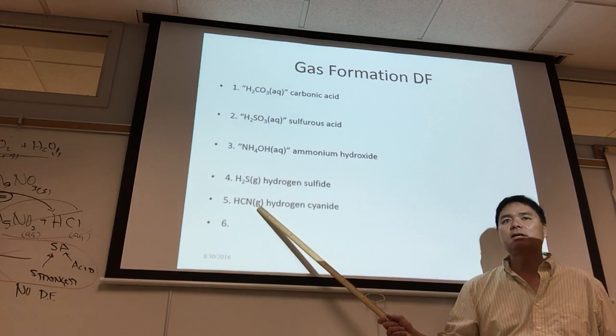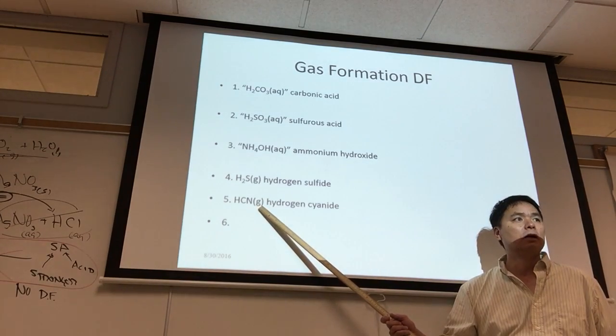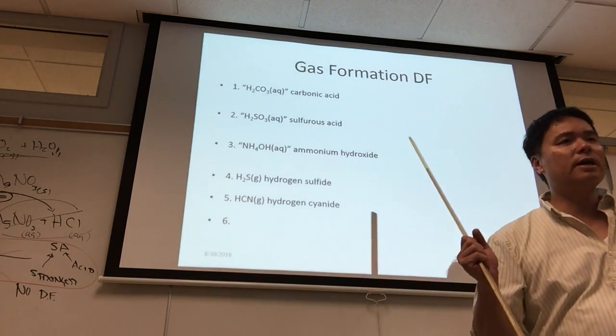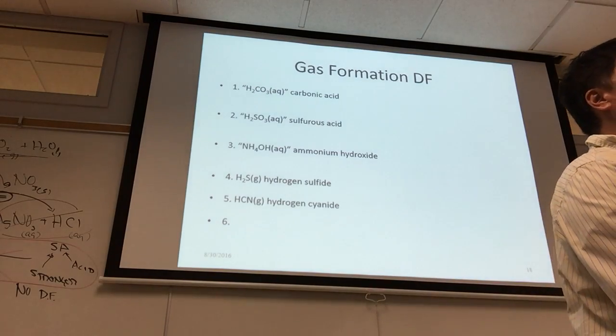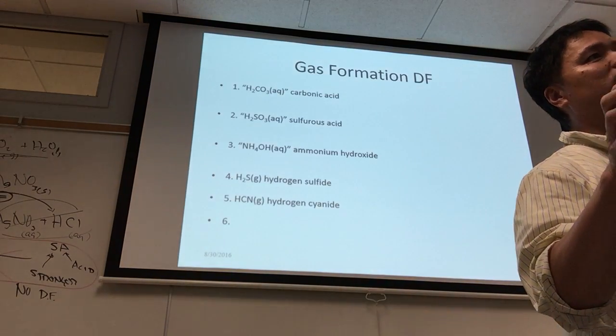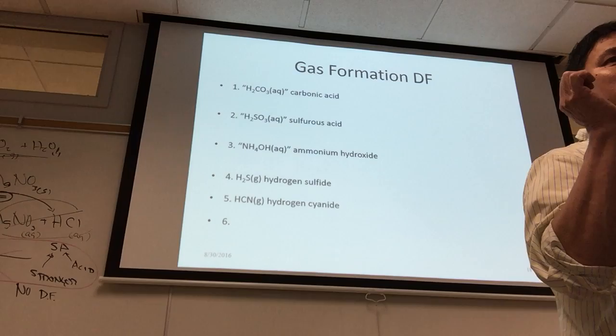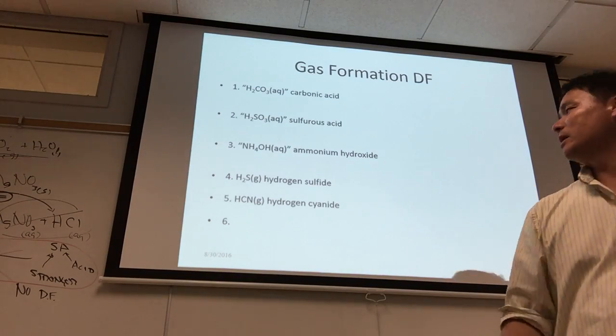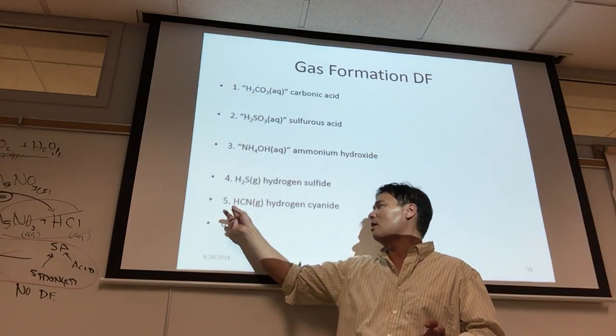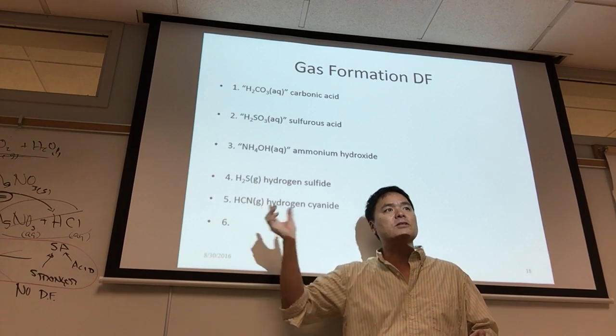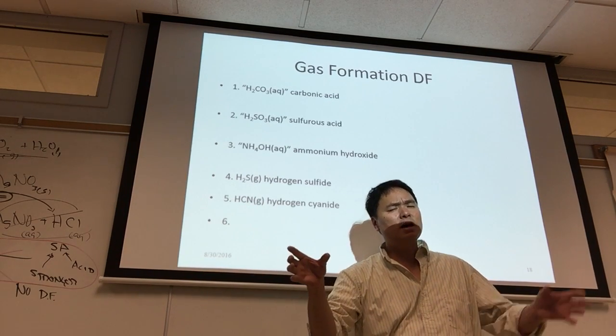This is bitter almond gas, hydrogen cyanide, very toxic. And so you've got to watch out for these ion combinations. You never want to mix sulfide-containing compounds with acid because H plus and sulfide make H2S. You never want to mix hydrogen ion-containing compounds with cyanide-containing compounds because if you mix hydrogen ions and cyanide,